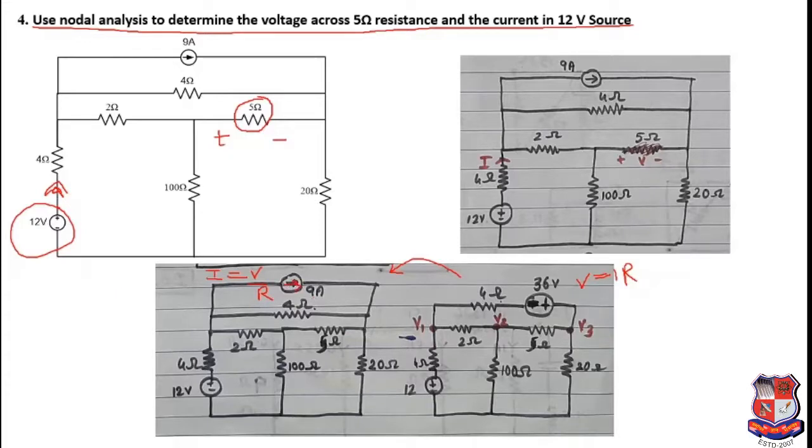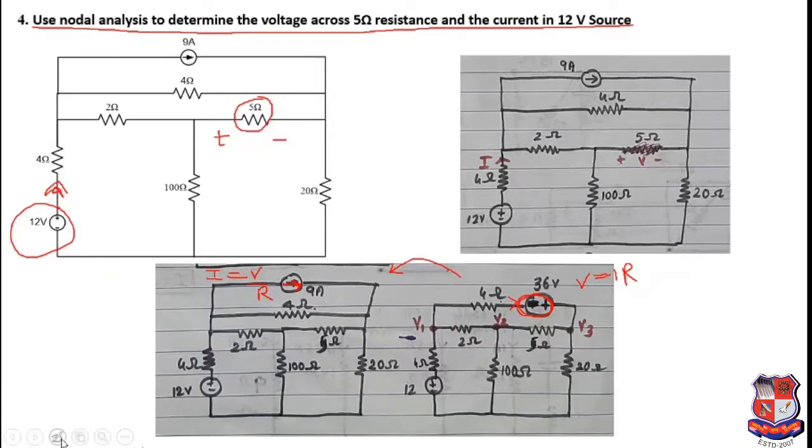Okay, so direction of current is from left to right. The same should be maintained in this voltage source also. So current in this will be flowing in this way. So direction is maintained constant, and you need to solve this circuit now. Okay, so now it is simple. Now you can solve this very easily.